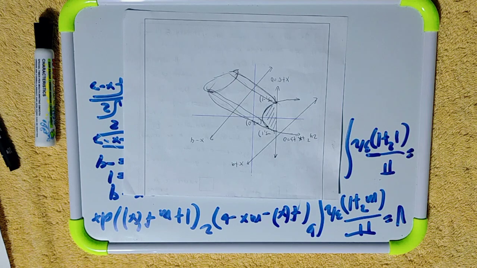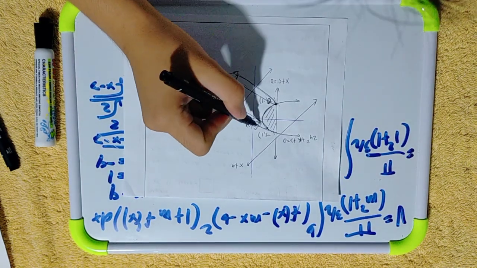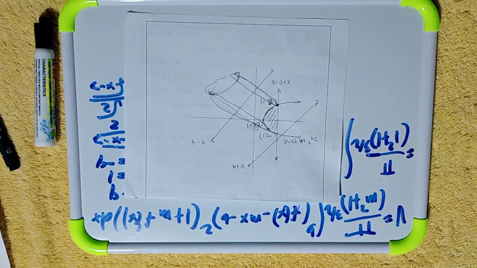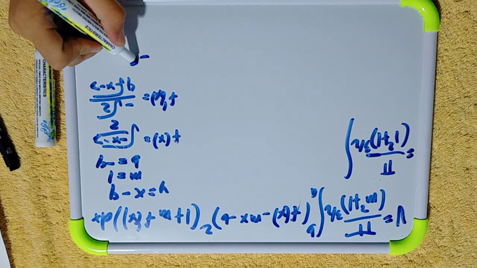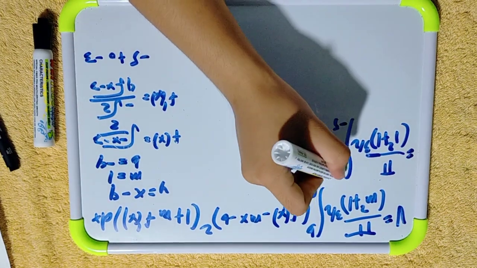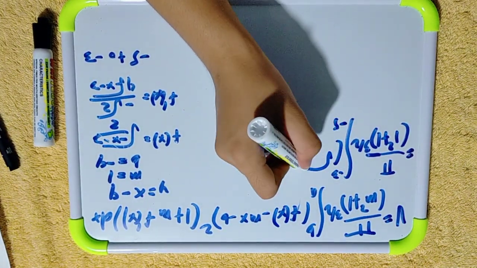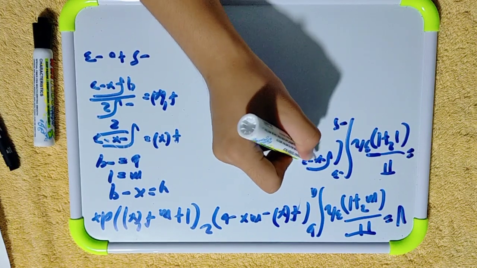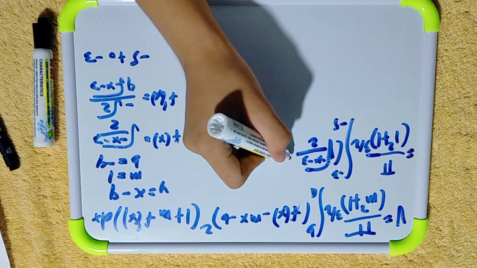Ang boundary niya is from negative 5 to negative 3. Yung f of x natin is square root of negative x minus 3 all over 2